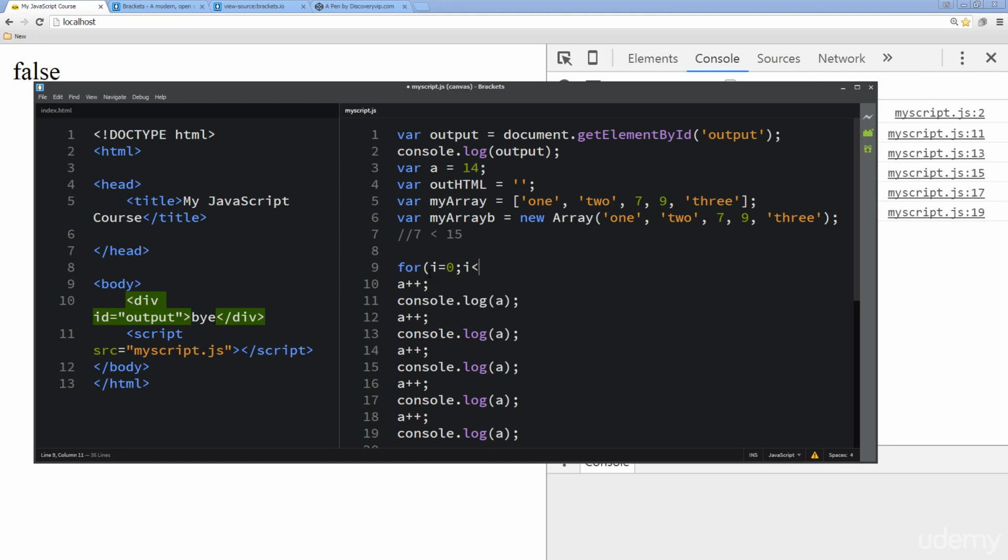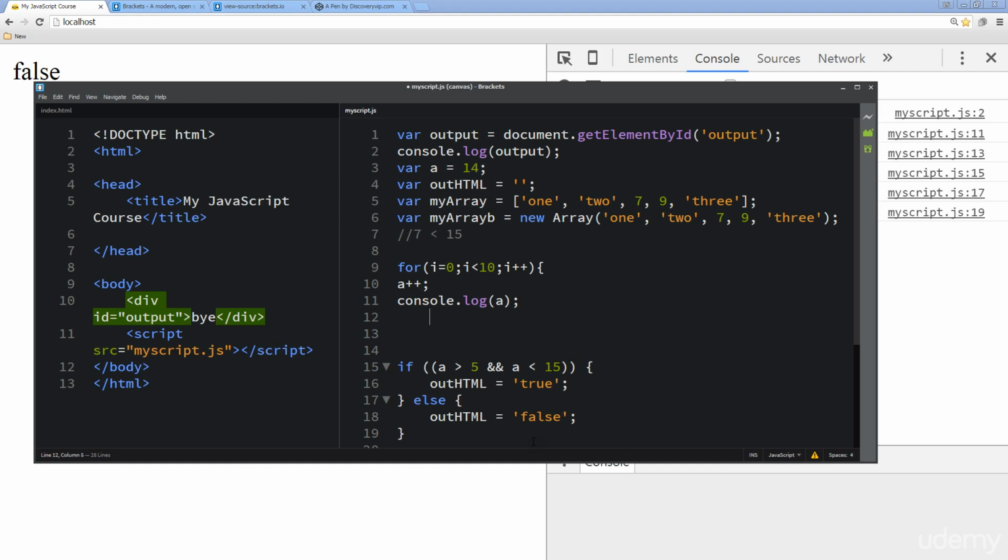So we want to have something that's going to stop our loop. So this is where we're going to check to see if I is less than 10. And we need one last piece within here, and this is going to apply an addition onto that I value. So this will increment that I value